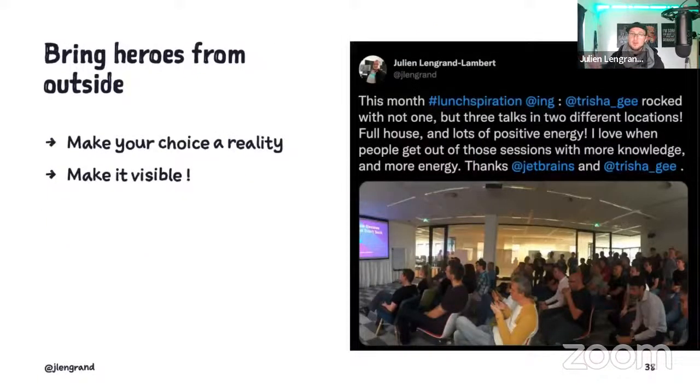And the second one is, bring them from the outside. Well, there's three in the room now, but I'm sure a lot of people would get very excited to come to company X and talk about Kotlin. And that's typically what I've been doing. I've been bringing a lot of people. When I had my idea in mind, I was like, okay, who is relevant? And then every time there was a conference around, I was like, hey, what are you doing the day before or the day after the conference? How about you come and I get you free lunch. And then you make it free for everybody, right? It's totally no strings attached. People come and then you introduce the stuff you want inside the company.